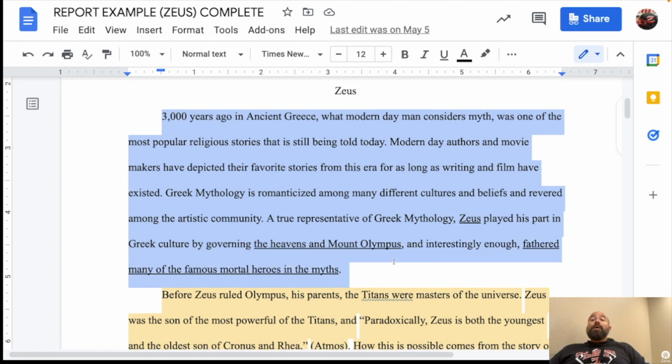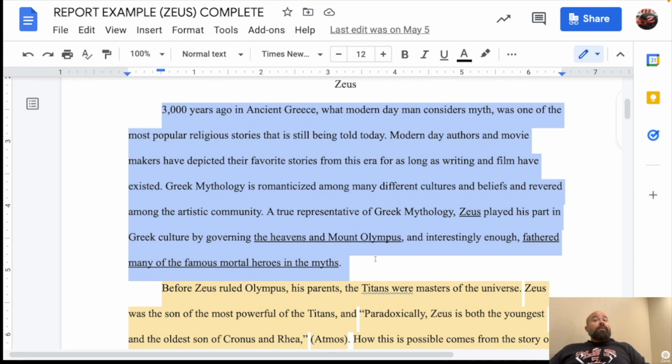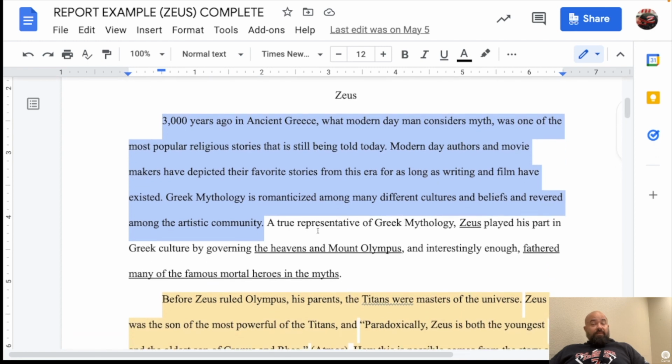Now, there's two ways to do this, okay? If you want, just copy up to where the thesis statement starts, because you already wrote your thesis statement. If you want to copy the whole thing and do it that way, that's cool. I would just do this. So remember, you can right click and copy. I'm going to push Control C,